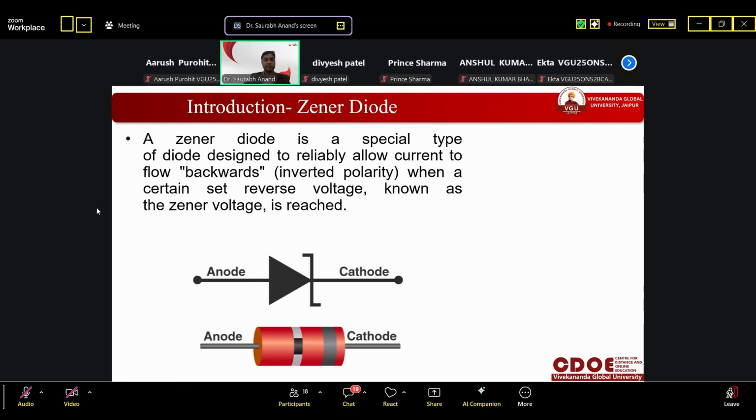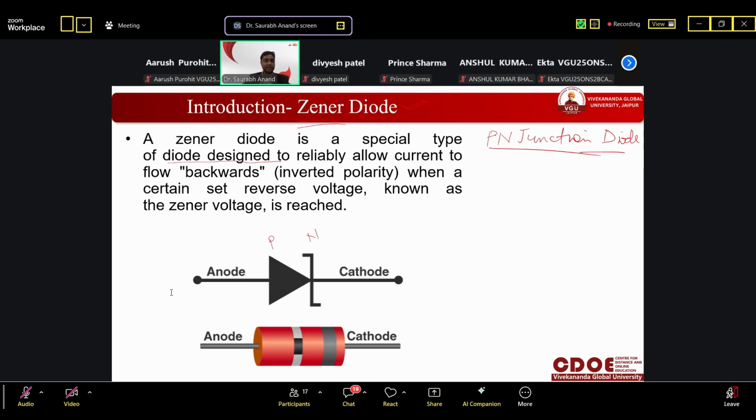So this is the Zener diode. We have studied the PN junction diode. Whenever we say diode only, it is PN junction. But Zener diode is a different type of diode that has P and N type material, but the impurity doped in the PN junction and in the Zener diode is different. So it is a specially designed diode, okay?